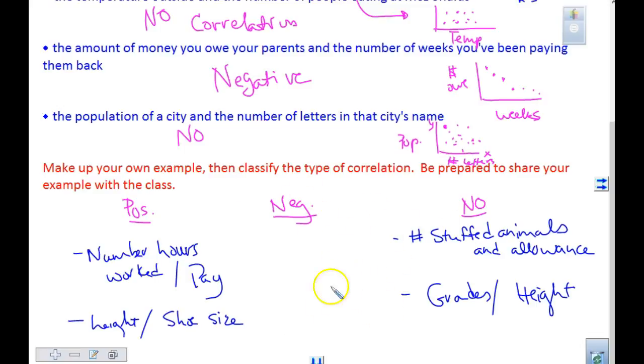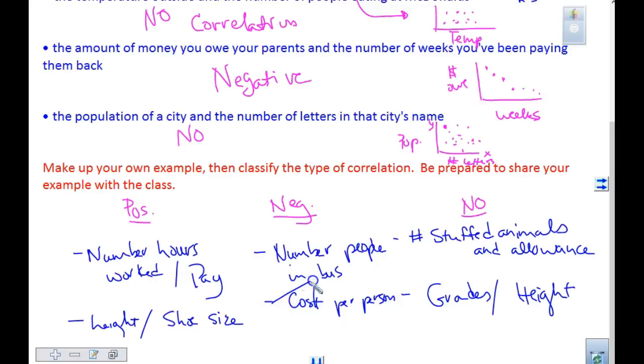Negative is the one that I think students and a lot of people have a harder time thinking about. One that I have used in the past is the number of people in a bus. I don't know if any of you have ever rented a coach bus with your teams, right? So you rent a coach bus and they say, listen, it's going to cost you $300. Now, if only one family goes, they're paying the whole cost, right? So the number of people on the bus and the cost per person,